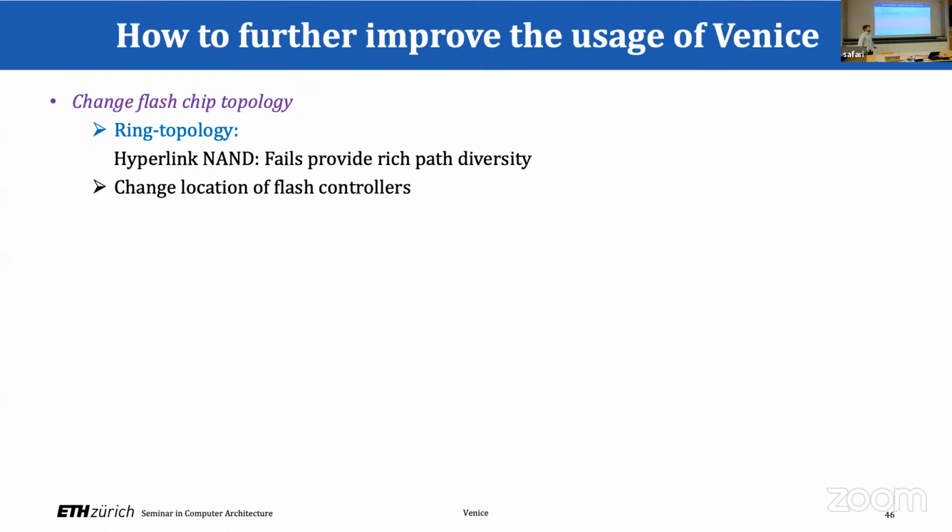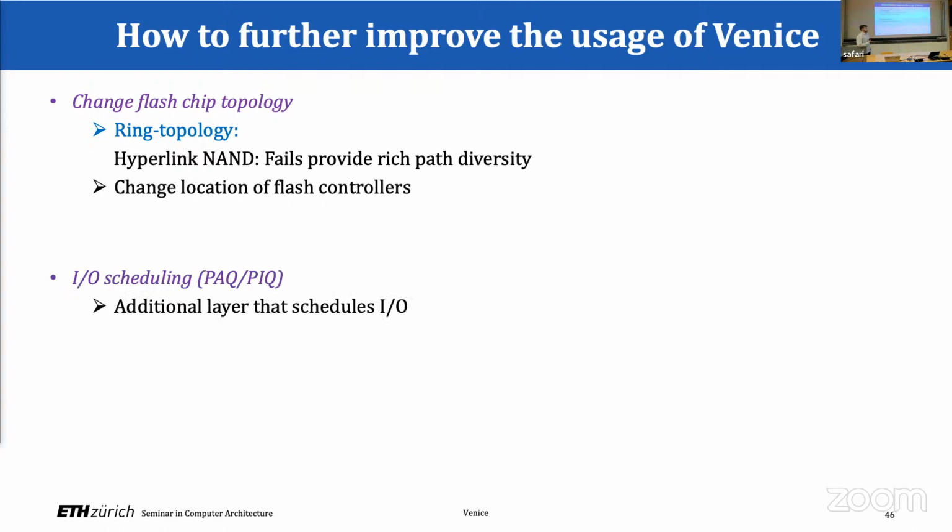So a ring topology is certainly the wrong way to go. And change the location of flash controllers. Basically, every time I showed you an illustration, the flash controller was sitting on the left side. So maybe you could think of putting it in the middle, or the top, or on all sides. Certainly interesting to see how it affects performance, but as I said, I think FTL optimization has still more potential,